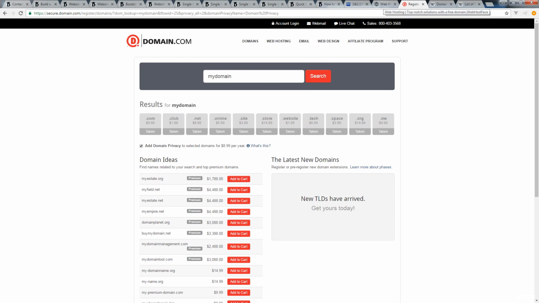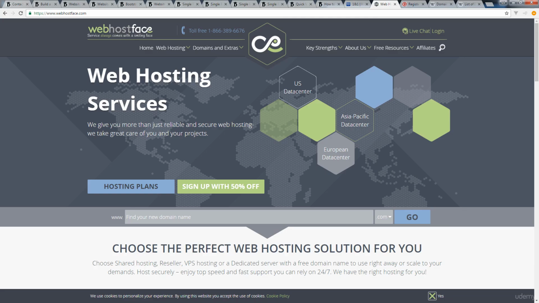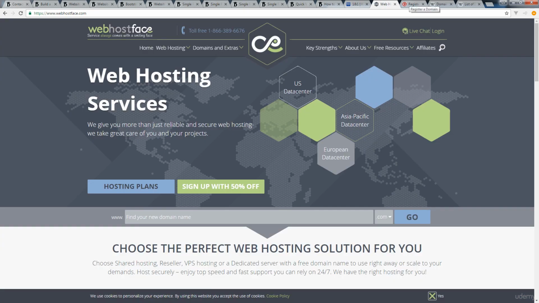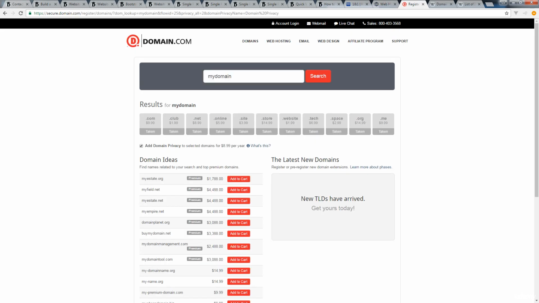Some other really good hosting companies are WebHostFace, which has some great hosting plans, as well as 1&1. So these are some of the resources. For setting up your own website, all you really need to do is pick your domain, register, and get hosting at any one of these hosting companies or any one of the thousands of different hosting companies online, and you're ready to go. And then all you have to do is upload your files using an FTP